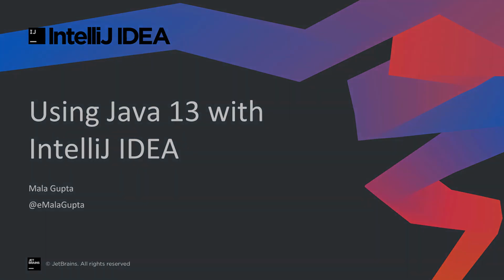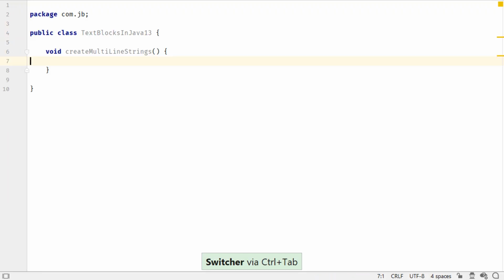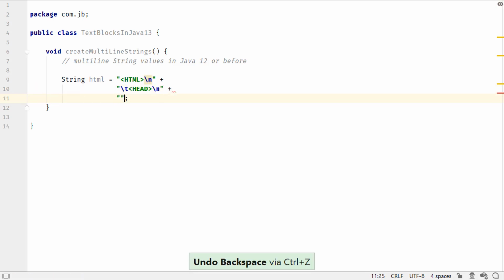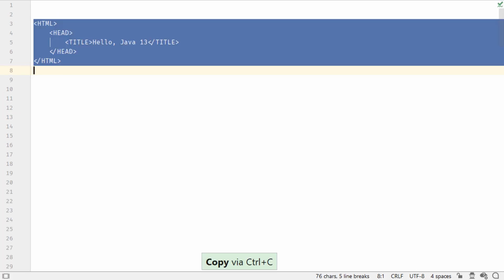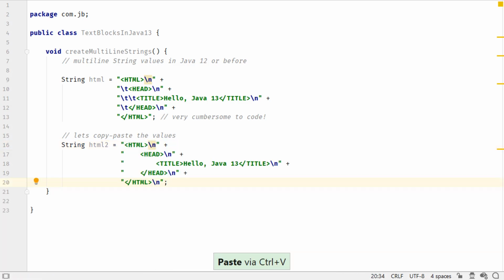Let's get started. Imagine you have to store this HTML snippet as a string in your code. With Java 12 or earlier versions, one of the options was to code it manually using escape sequences and the concatenation operator. As you can see, this is cumbersome to code. Another option was to copy-paste the HTML snippet in your code. Though it is simple to create, it still includes visual clutter in the form of concatenation operators and new line